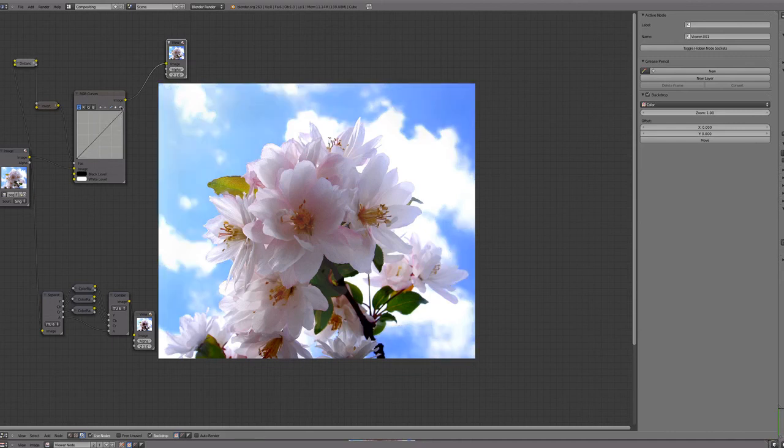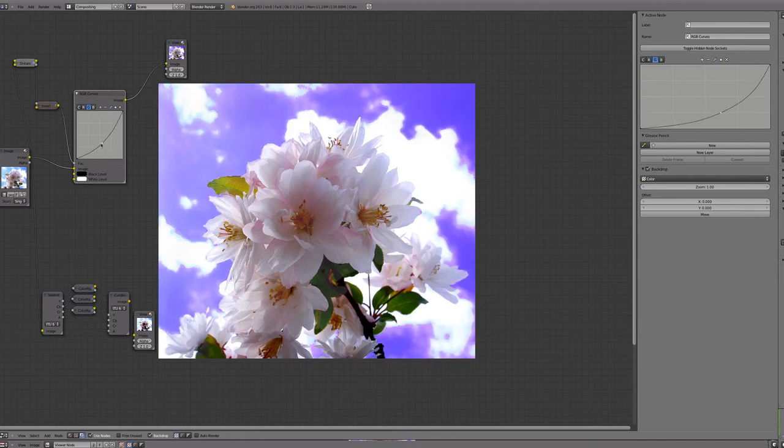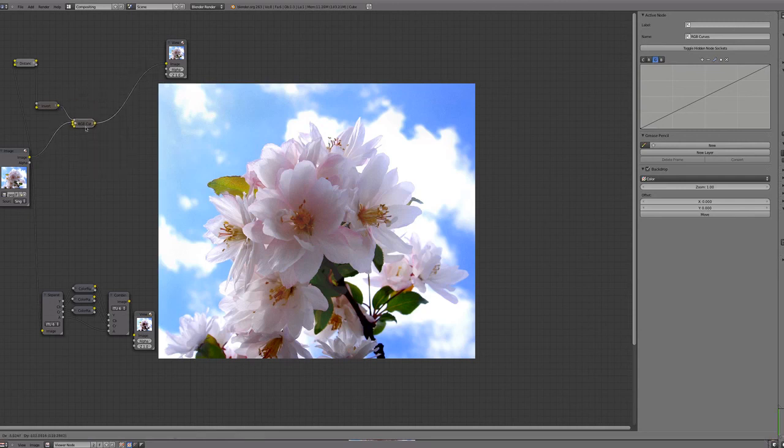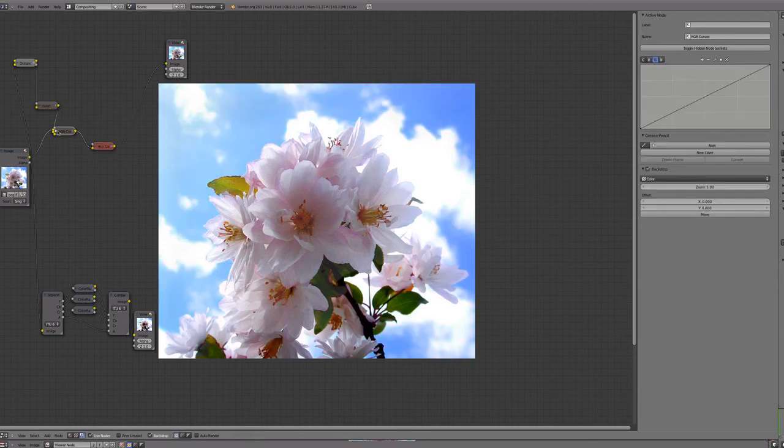Pretty cool. Now you can play around and make some changes, man. Make some changes. Okay. And then you can do whatever you want with that. And you can also, if you'd prefer, add in hue saturation value. And just say you want the flowers to be like that, but you don't want the background to be like that. But you come back here and you want the background to be like,